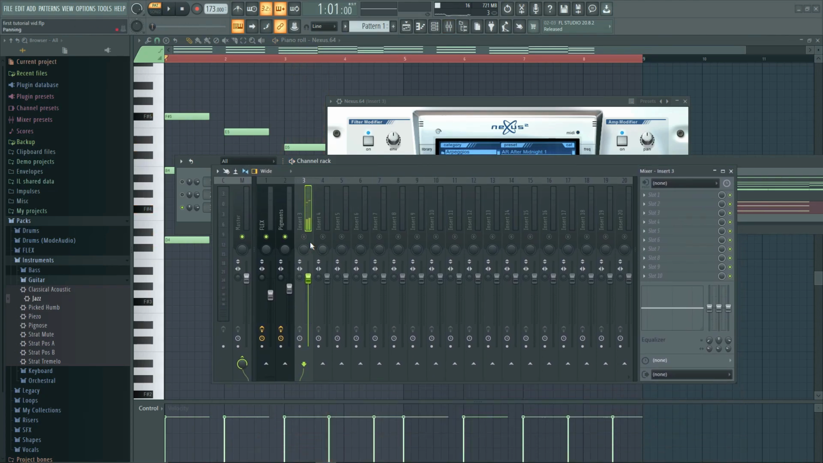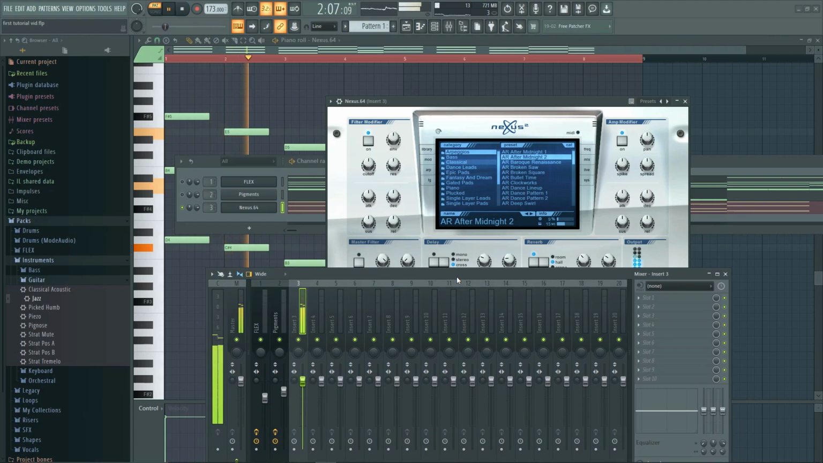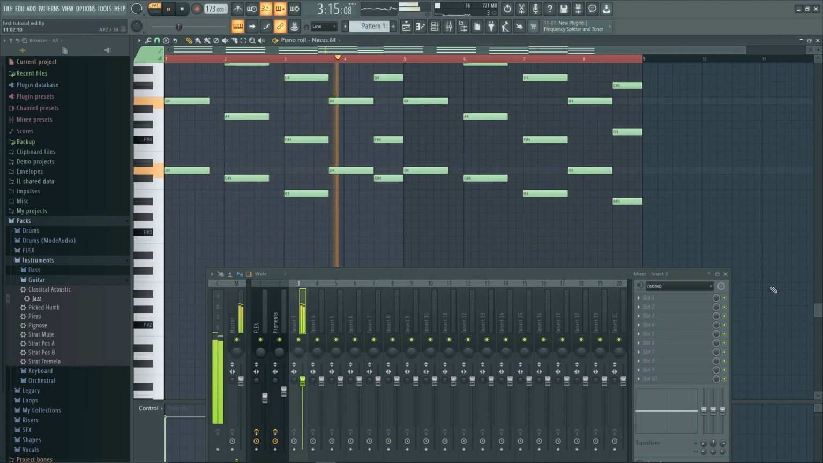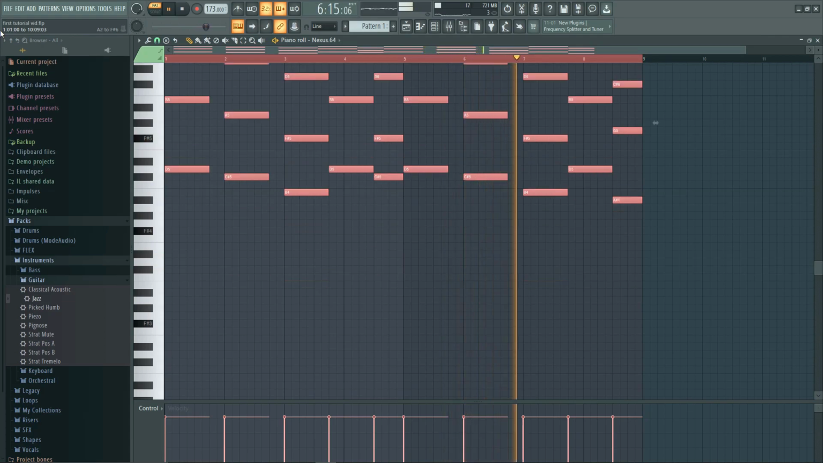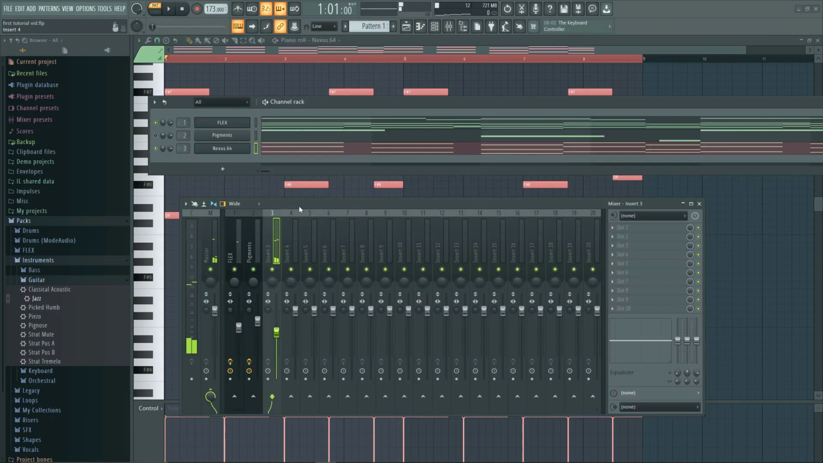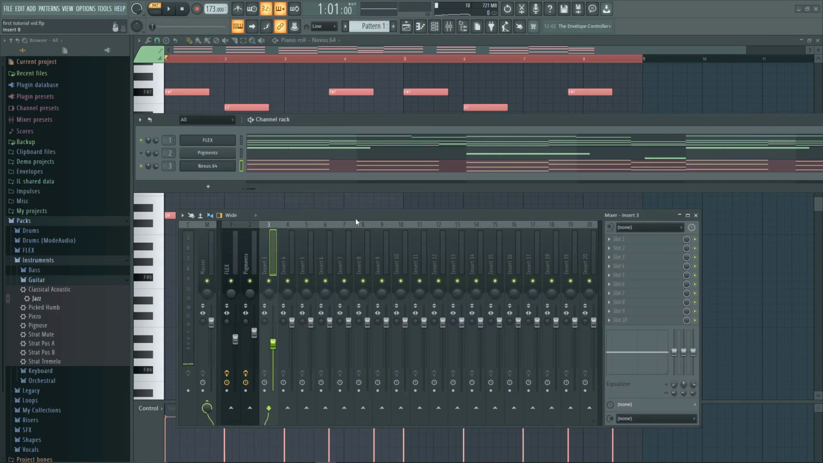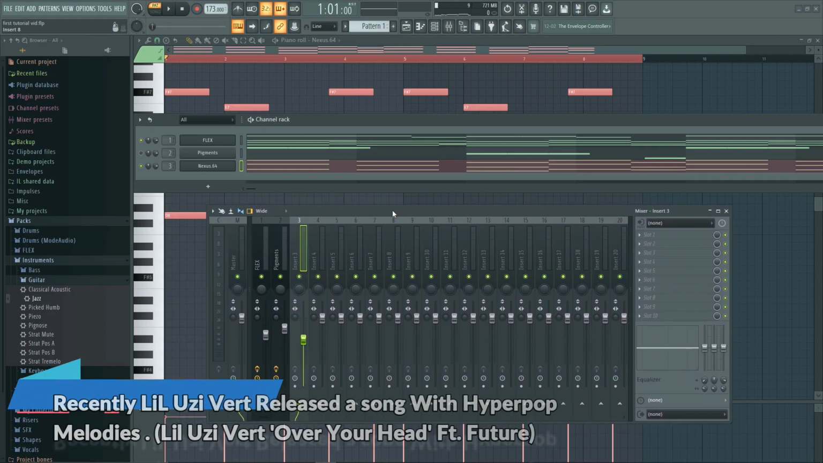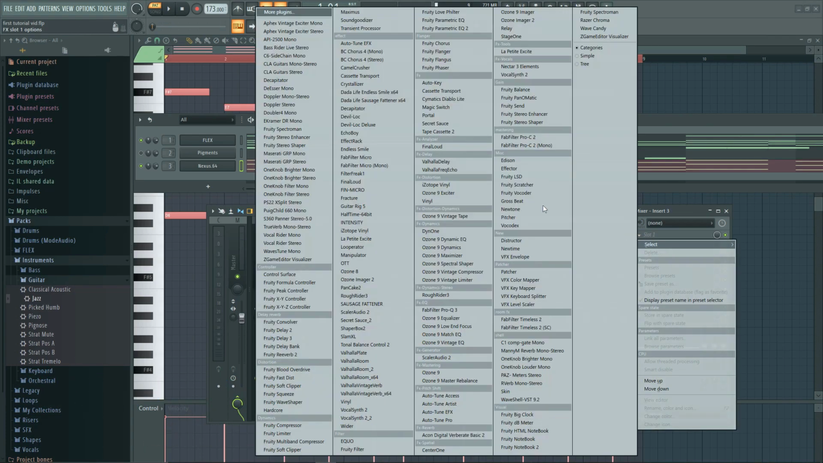Oh. Oh, I can hear Uzi Vert's voice here. This beat would be great for Uzi, you know, because these days he's going through hyperpop melodies. This is too much going on, so